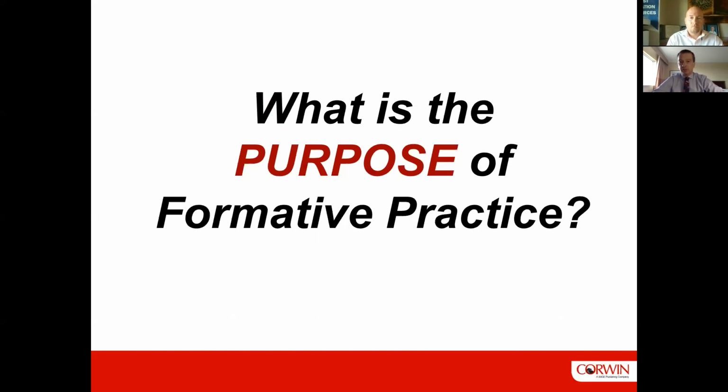This is not a woe is me moment, I must be a terrible educator. This is, hey, what I did worked for a lot of kids, but I've got some kids for whom it didn't work. I know they need to get this. Formative practice is about informing what happens next. Instructionally, I've got to be able to go to my colleagues and say, listen, I tried, we agreed to it, it didn't work for these kids. What else have we got? I've got to sit down and look at every kid and their learning style. And again, what is it that I need to do differently?